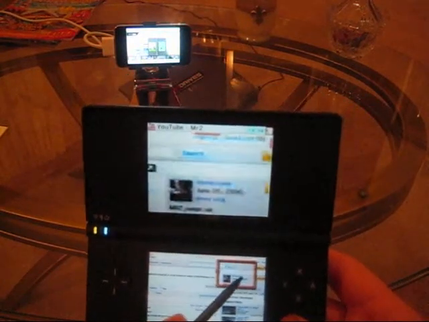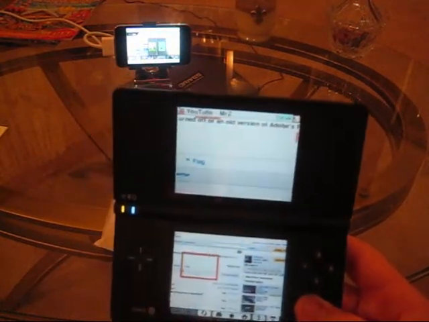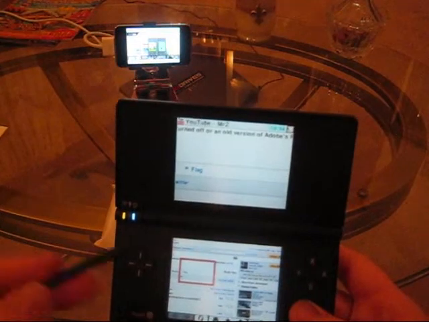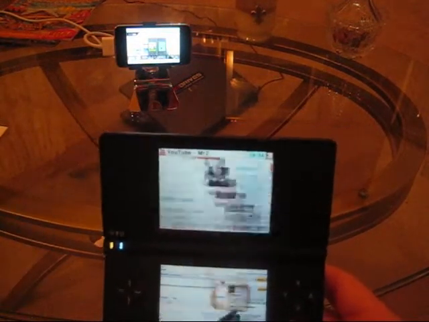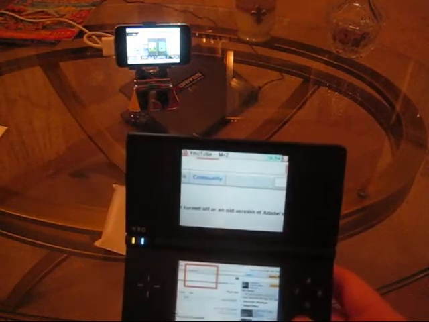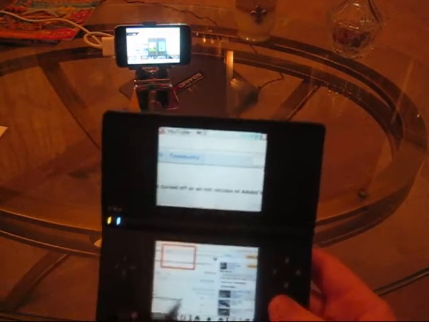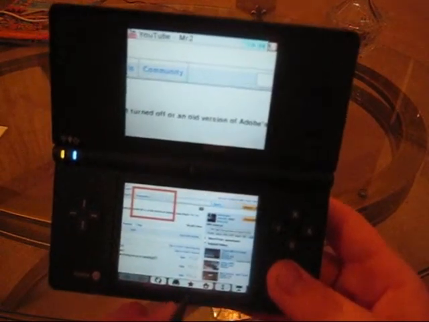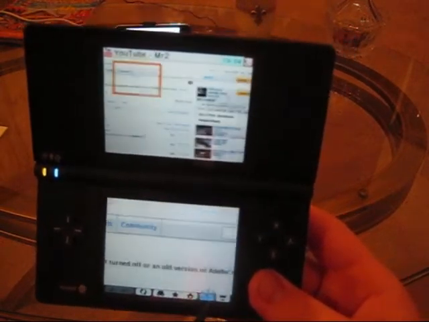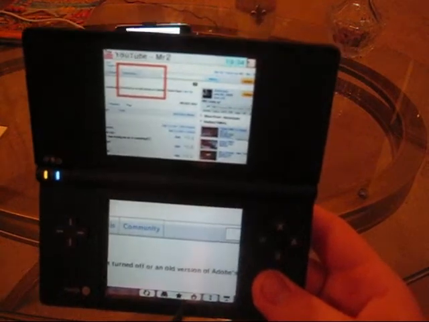It doesn't load as fast as the Touch web browser, but it is better to use in this version. The Touch is easier to use, but this is easier in the fact of looking at a web page. I would use this a lot more often. Down here you can refresh the page, you can go to search again, you can go home, you can see your favorites, and you can change this back and forth again. So we're going to go home,